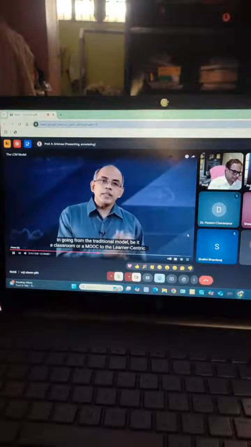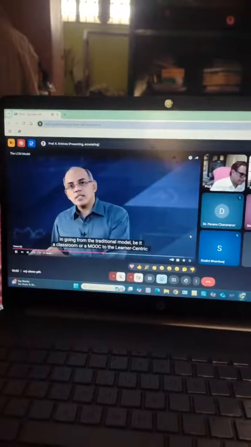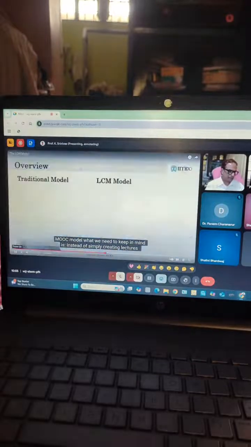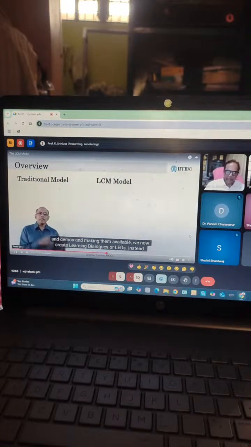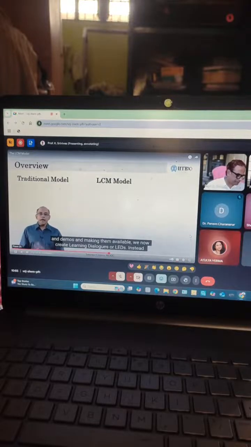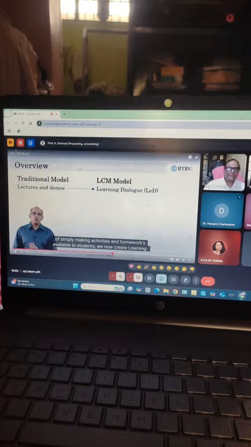In going from the traditional model, be it a classroom or a book, to the learner-centric book model, what we need to keep in mind is, instead of simply creating lectures and demos, and making them available, we now create learning dialogues or LEDs. I request all the participants to write down these points, very important. Instead of simply making activities and homeworks available to students,